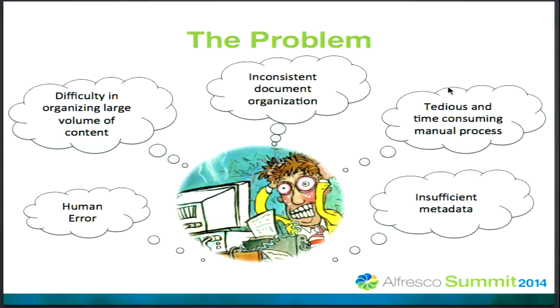For example, different users might enter metadata according to their different understanding about the domain, and also there might be synonyms and abbreviations, and these things will cause semantic ambiguity. So he's thinking, okay, what if I hire a taxonomist to organize this content? But then again, the problem is he will charge you a lot of money, and it will take a lot of time for him to properly tag and label the content and come up with a proper structure.